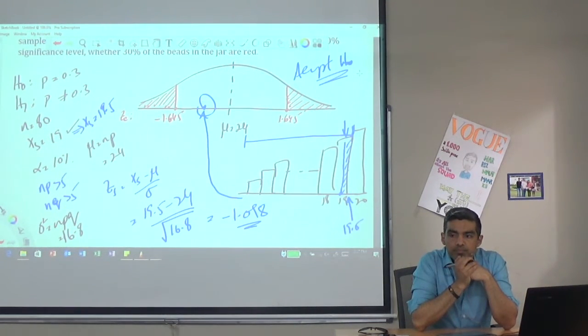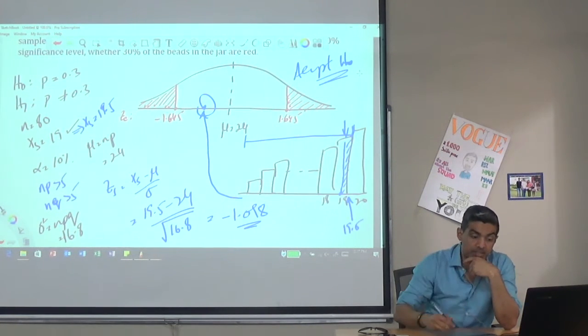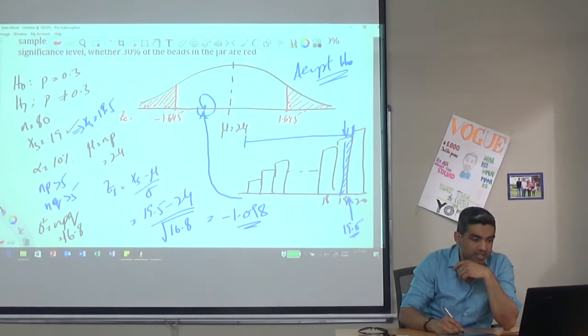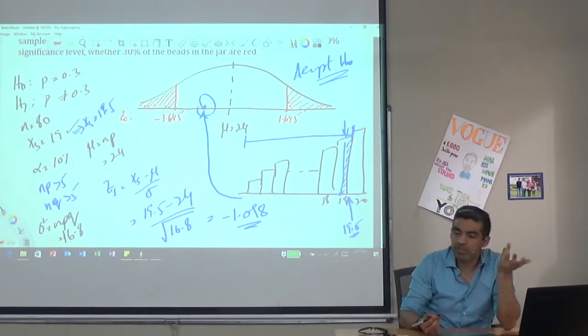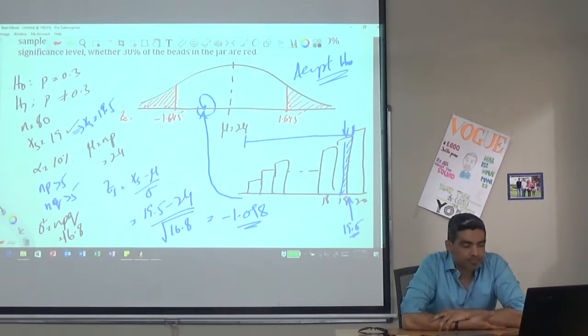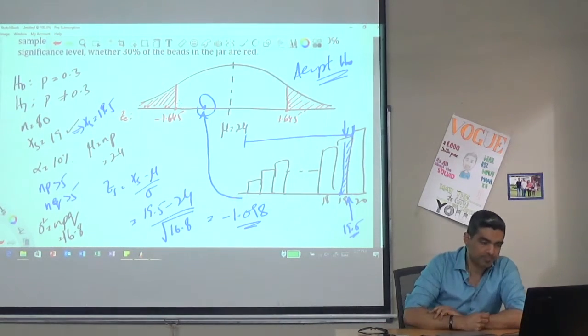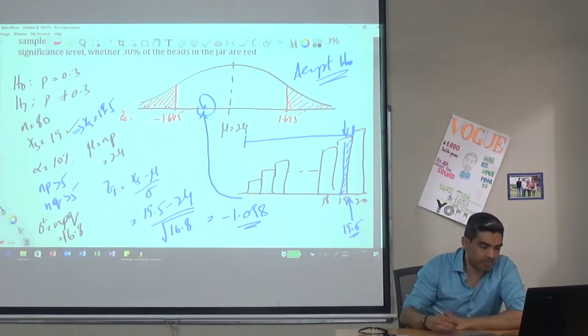So why would we include the 19 bar in it? I am including 19 bar, that's why I start with 19.5. So I'm finding out what the Z value is at 19.5. This is where I start, and I'm not in the rejection region. Is everyone okay till here? Any questions? Shall we move on? Alright.